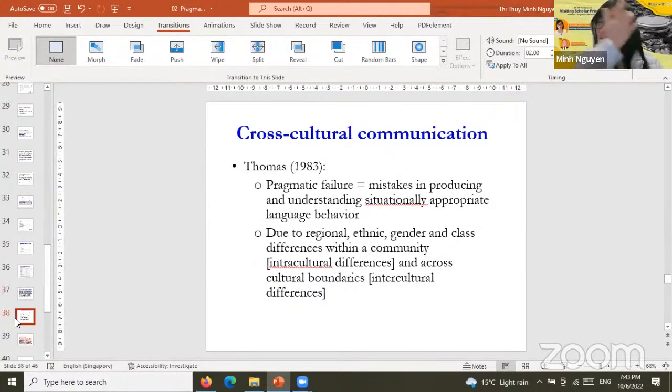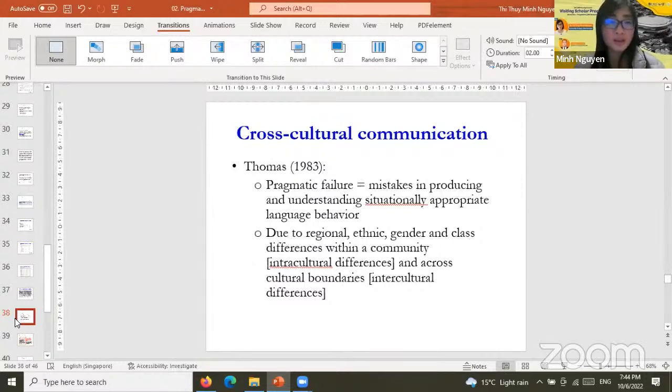So Thomas, 1983, says that there's what we call pragmatic failure, right? So Thomas says that in cross-cultural communication, people may experience pragmatic failure, meaning they may make mistakes in producing and understanding situationally appropriate language behavior. And why is it? It's because of the differences that exist within the same community as well as